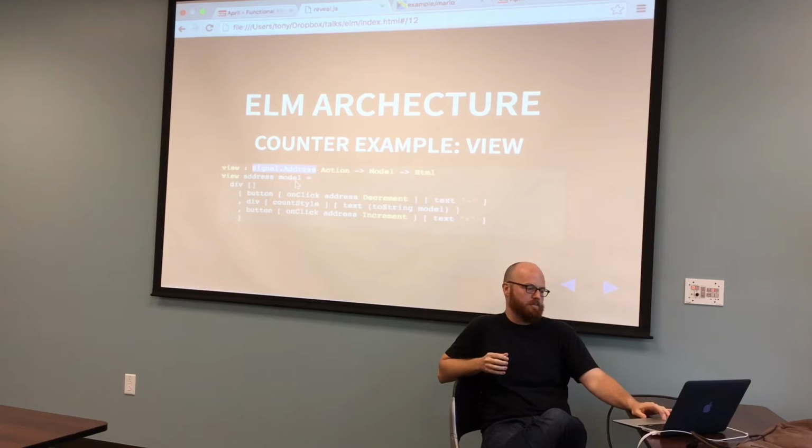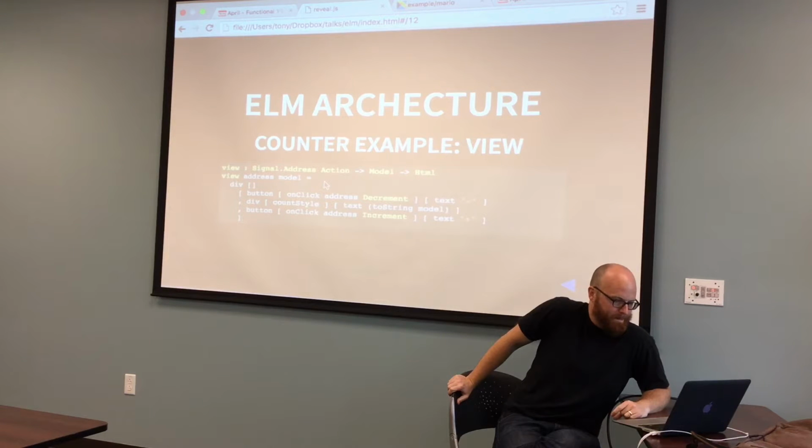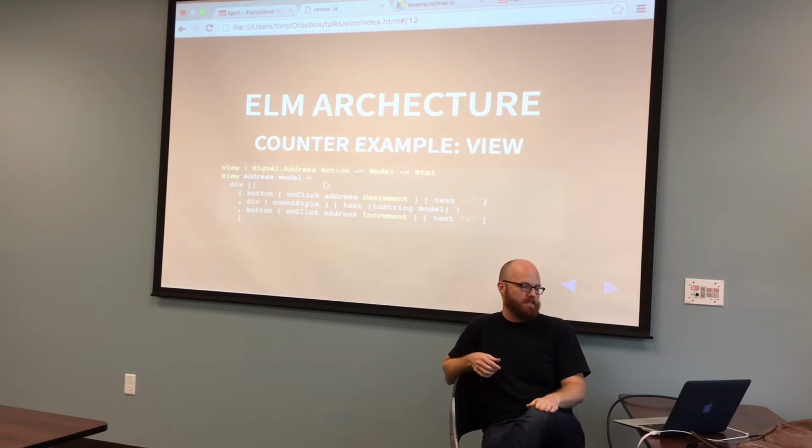It's basically saying, given a signal and an action, and a model, I'm going to output HTML. So this address is the type signal address. I don't know why action is there, actually. I'm not totally sure on that. And then the model is the model. I mean, it looks like that should be the sort of subtype thing, like the maybes earlier. Oh, the signal address is an action. An action. Yeah, that makes sense.